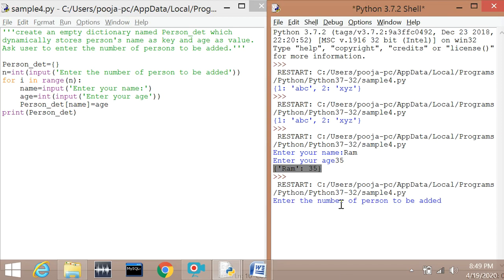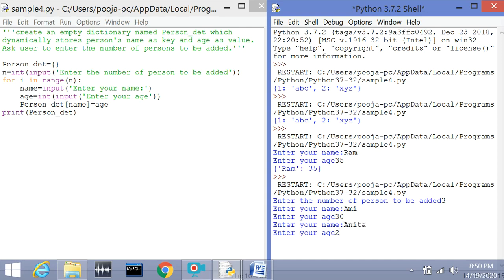Just see what is the message. The message is, enter the number of persons to be added. For example, I'll write 3. Enter. It is asking for name. Okay. So write any name. You can enter age for the first person. See, you can see it is repeating your operation. It is asking you for name again. So you can add another name.